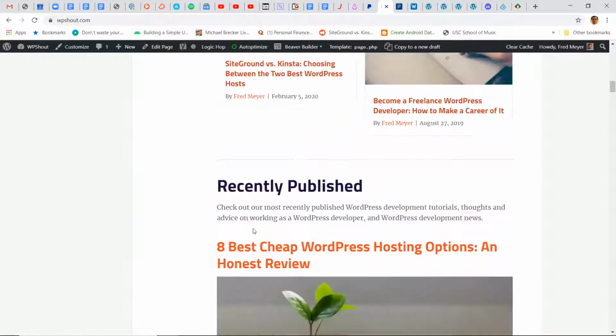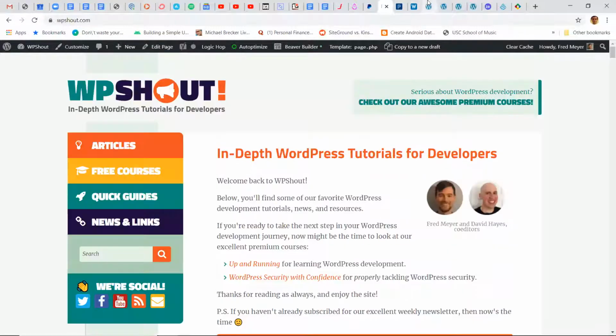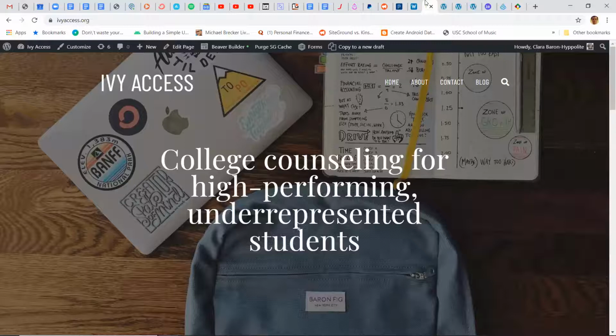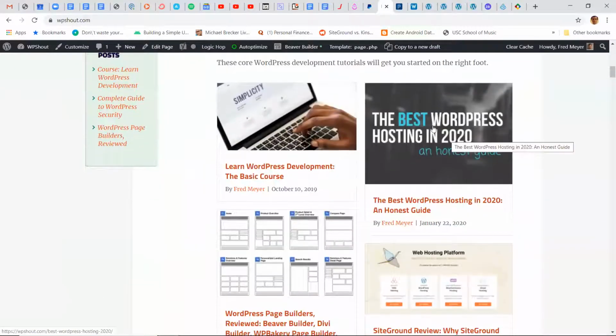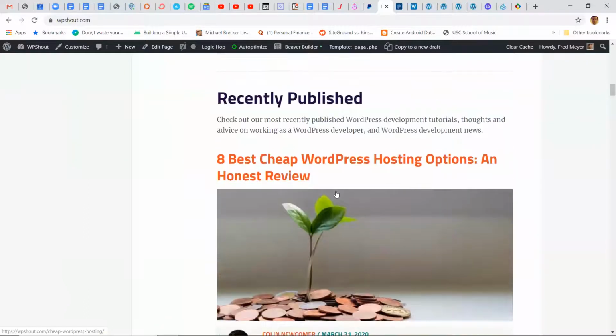And so Beaver Builder is a great platform for purely visual stuff. Like, I purely visually always want this hosting article to be in this part of the page. And then later on, I want this custom functionality, which I've hooked in with a shortcode. So what does that do to performance?